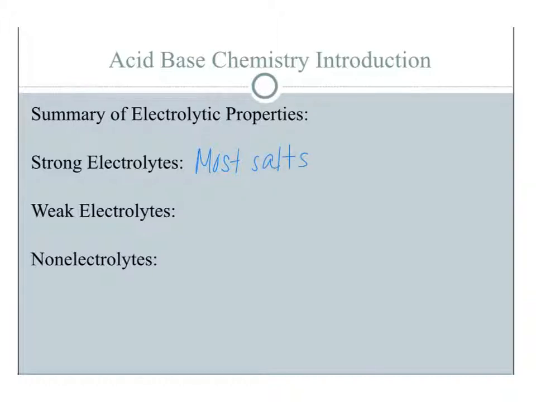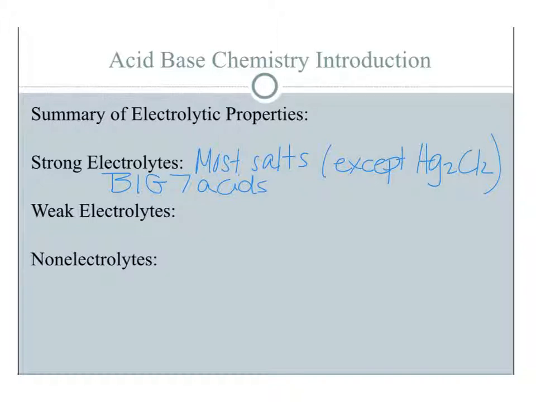Those are our ionic compounds, except Hg2Cl2, our big 7, and our group 1 and 2 hydroxides. Our weak electrolytes are going to be